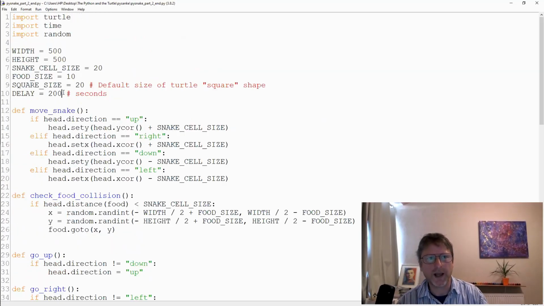Up here we've got delay. It was, I think, 0.5, which was when we were using time.sleep for a certain number of seconds. But what we're dealing with here now is millisecond delays. So that needs to be an integer, and it's no longer seconds, it's milliseconds. Let's have something like 200 maybe. We can change that later for different speeds, and that's milliseconds. Okay, so now when I run it, hopefully,